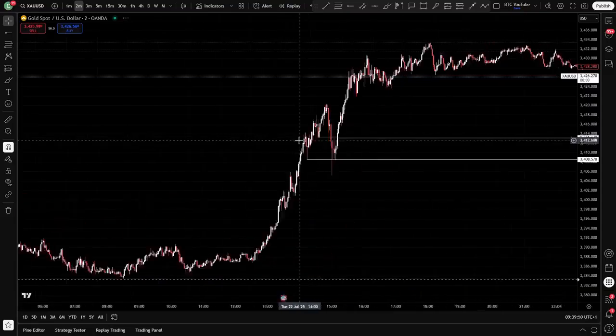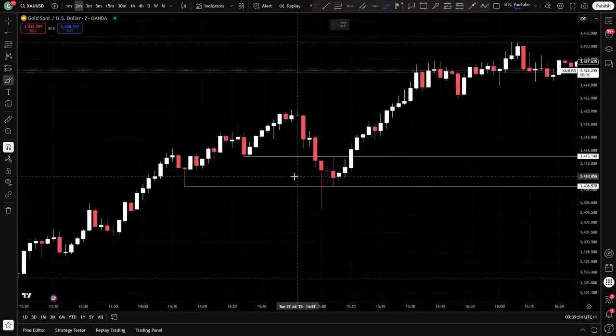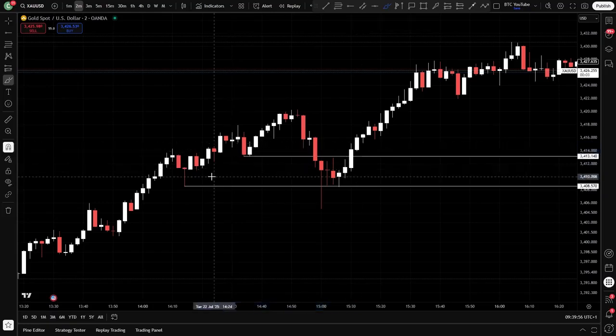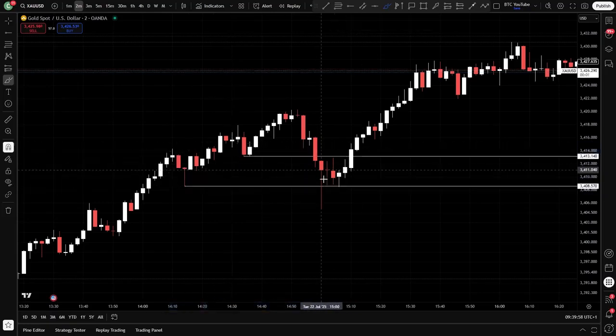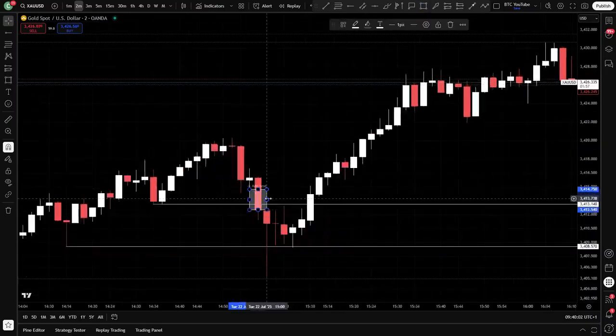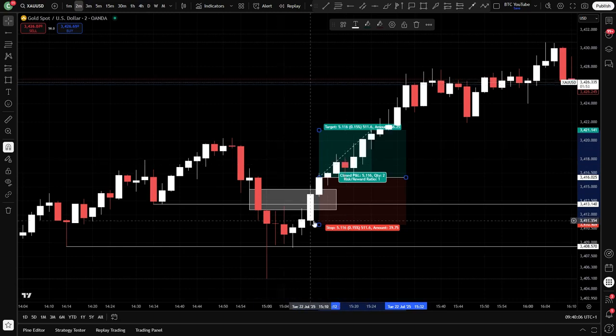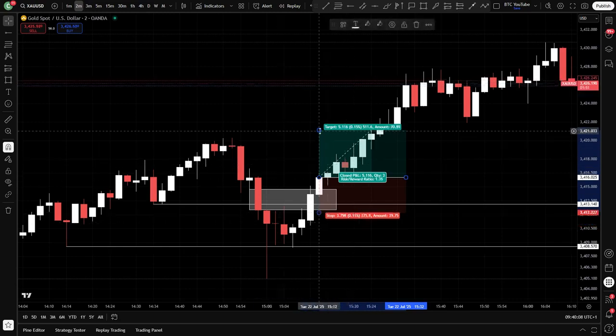let me take a look here. Was it the 2 minute that I took? One of these was super clean. I think it was probably this one. You can see we came down, closed below this level of liquidity and this level of liquidity here as well. Lovely fair value gap here. I would have entered on this candle here. As you can see,